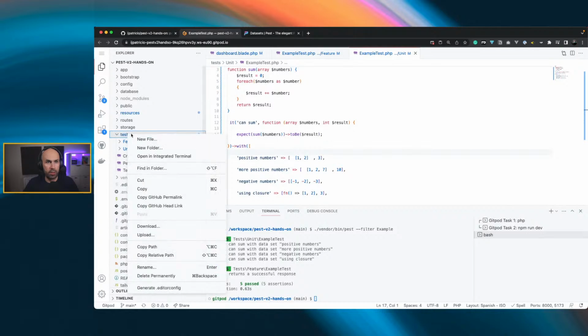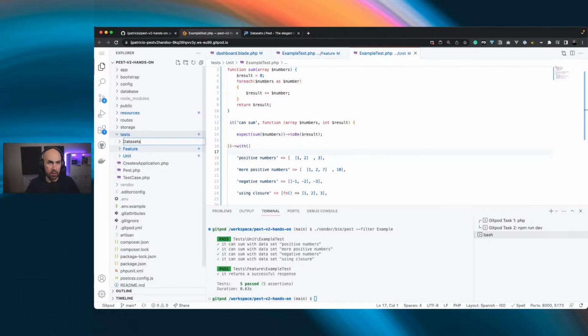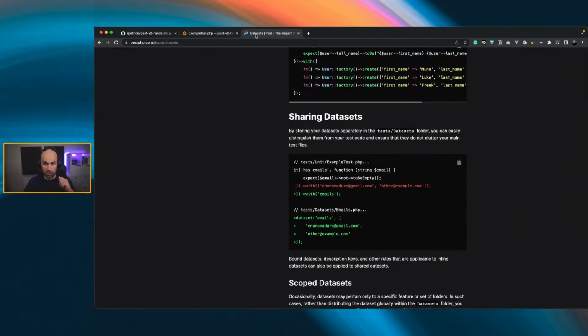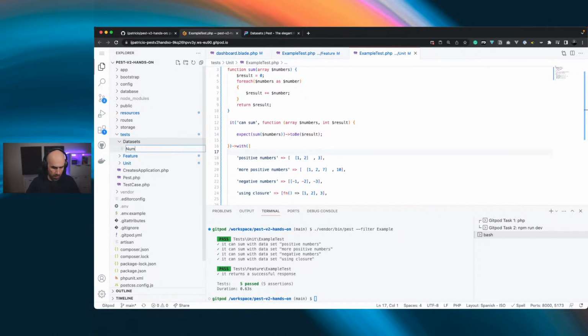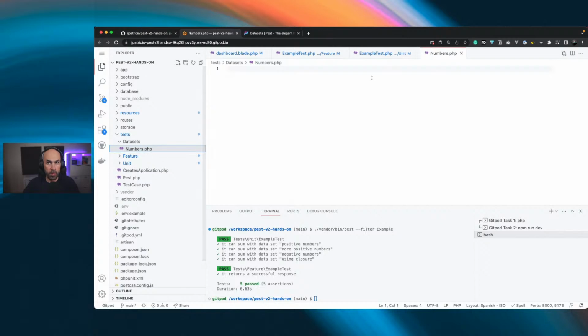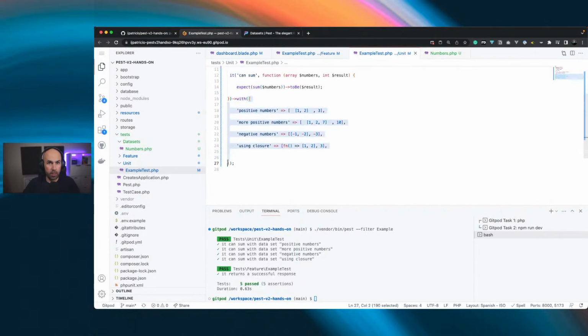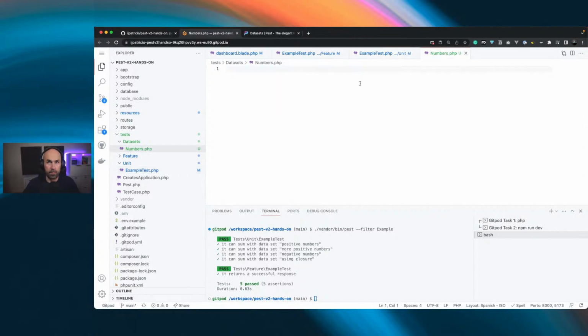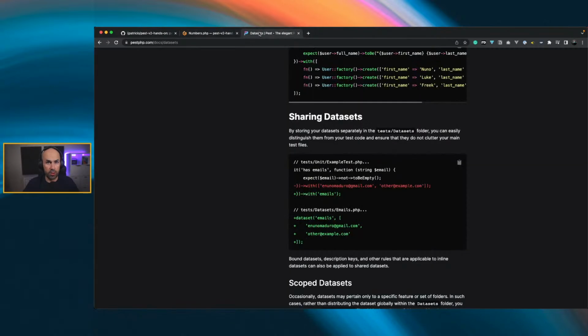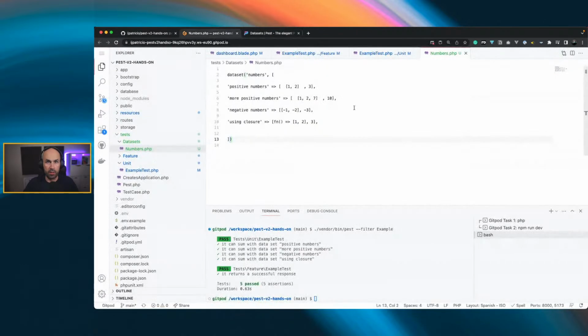Let's go into the tests folder, make a new directory called datasets, and it's going to be called numbers.php, and let's remove this. Let's just call it numbers. And what was the notation? It was dataset, right? So we have a dataset, which is numbers, and the second argument will be a closure or the dataset itself. So yeah, we have these numbers where we define the dataset,